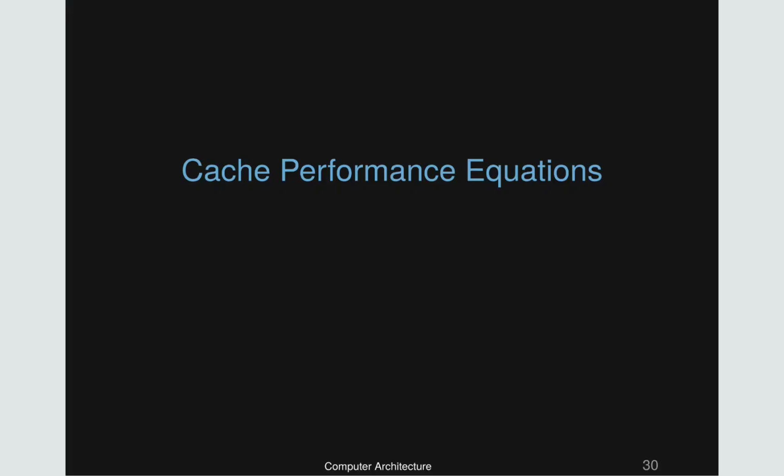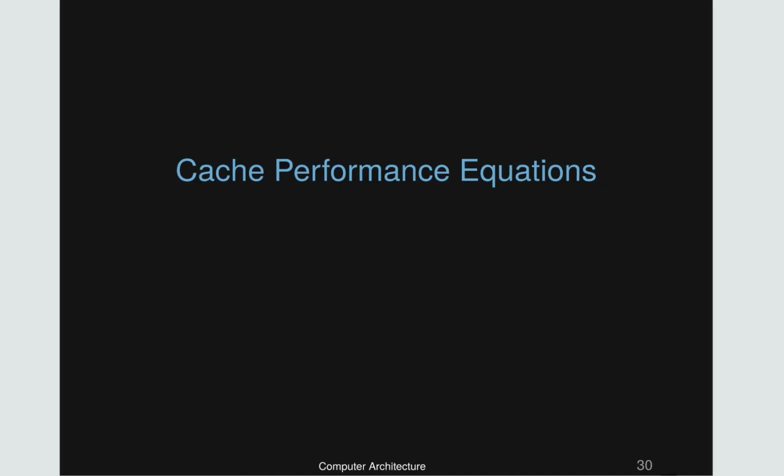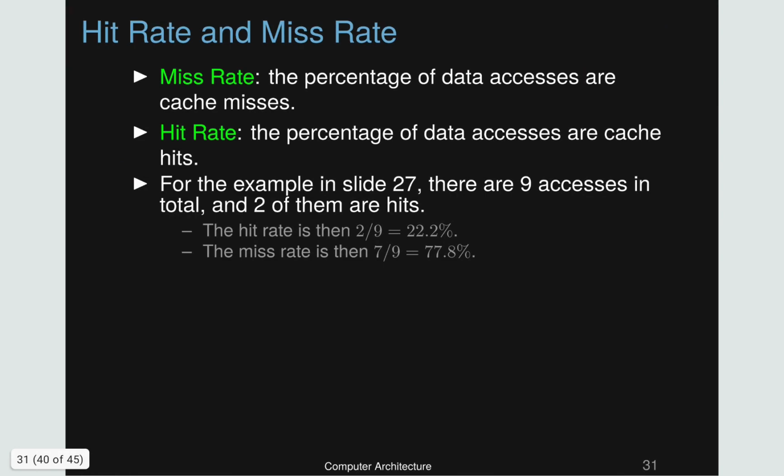In the last part of this introduction to cache lecture, let's look at some basic cache performance equations and basic factors that affect cache performance. As we have discussed previously, we have two concepts here. One is the miss rate, which refers to the percentage of data accesses that are cache misses. And we have a concept called hit rate, which refers to the percentage of the data accesses that are cache